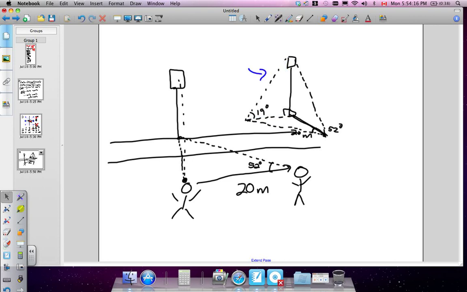While in this one we're going to be using cosine or sine law. In order to set up sine law, we need this distance here. Or we'd have to at least know one more angle in this in order to figure out our